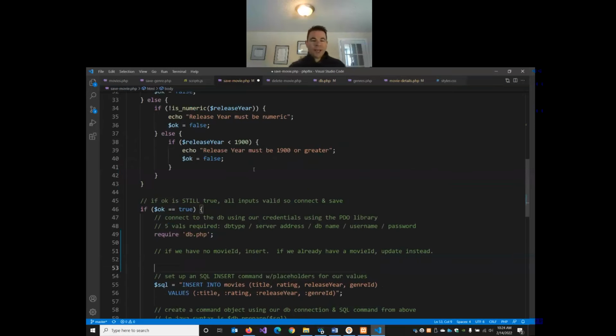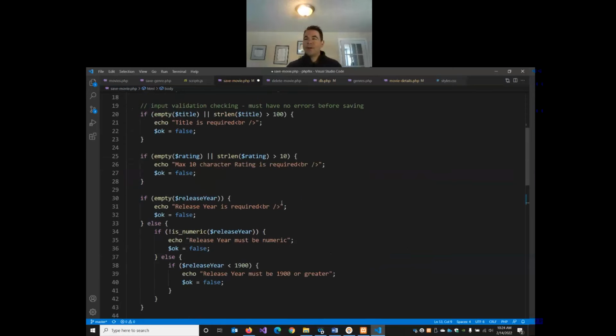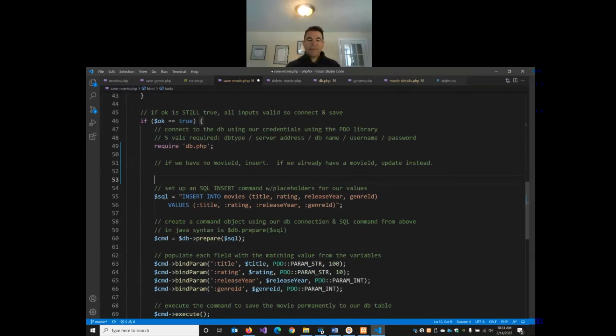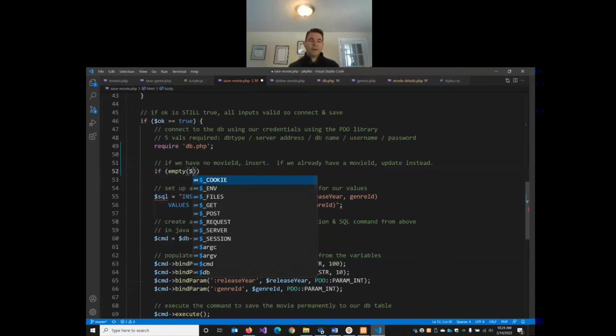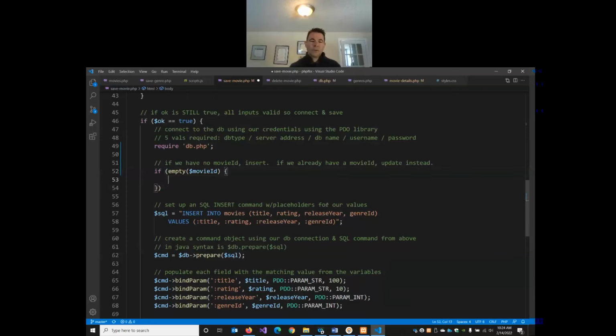So we can check our movie ID variable. If it has a value, we're updating. If it has no value, the movie is new. So we can say if empty,